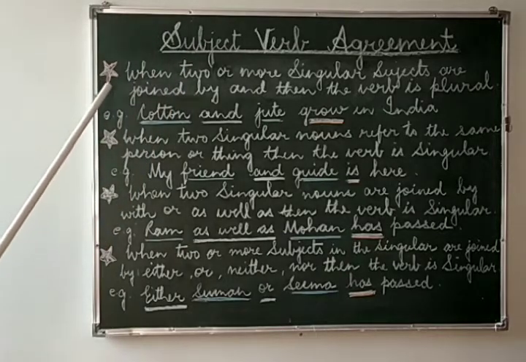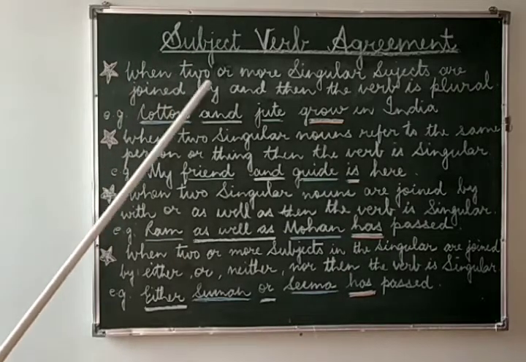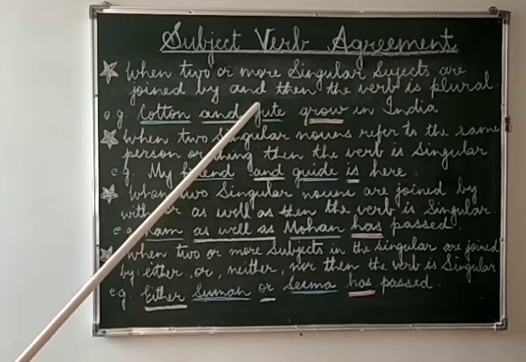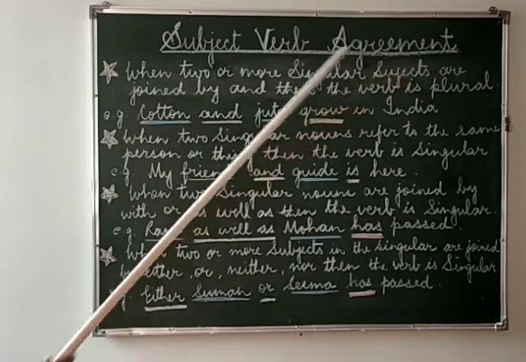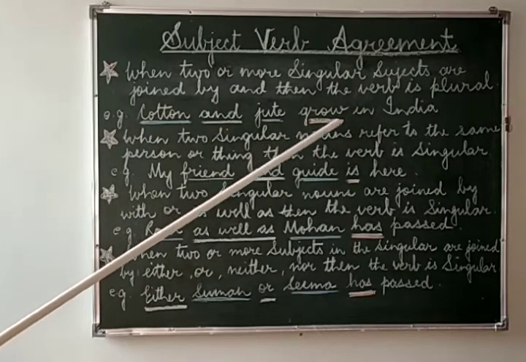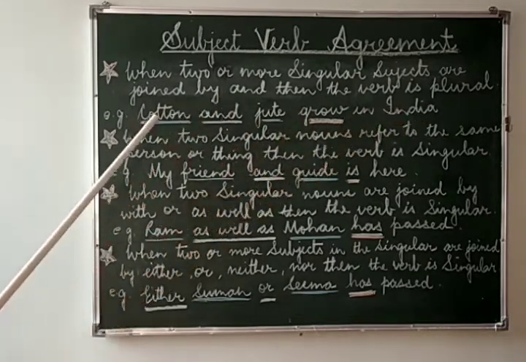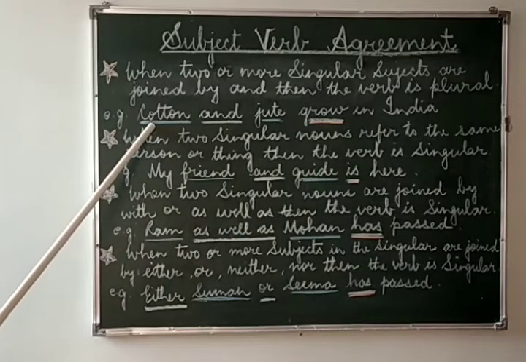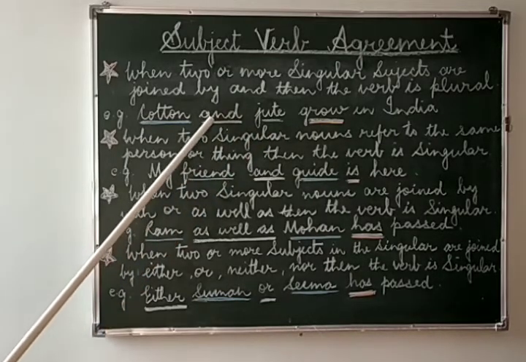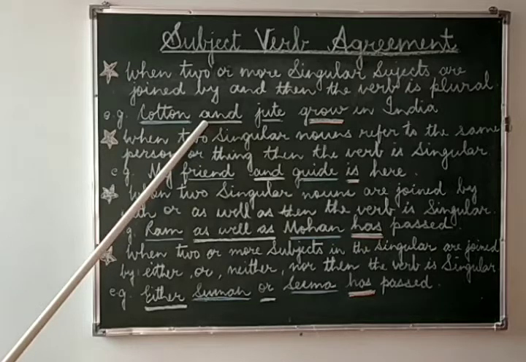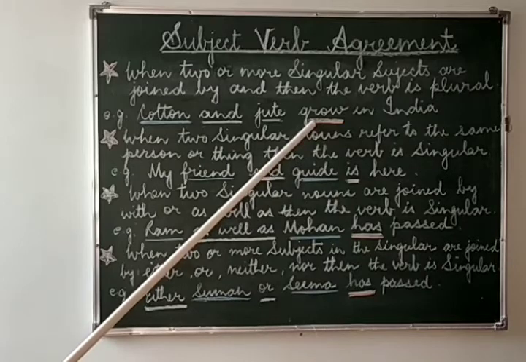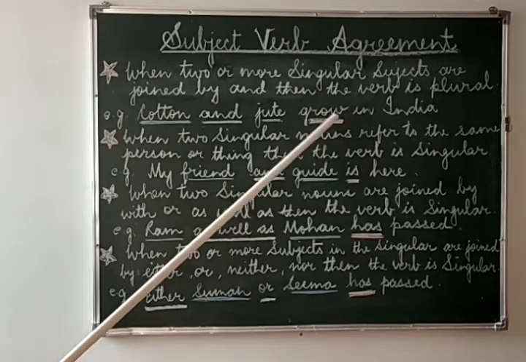Let's go. Now the first rule says when two or more singular subjects are joined by and, then the verb is plural. Now let's take an example and understand. Cotton and jute grow in India. Here we see cotton is singular subject and jute is also a singular subject and they are joined by the conjunction and. Therefore, the verb must be plural, and grow is a plural verb because it is the root verb